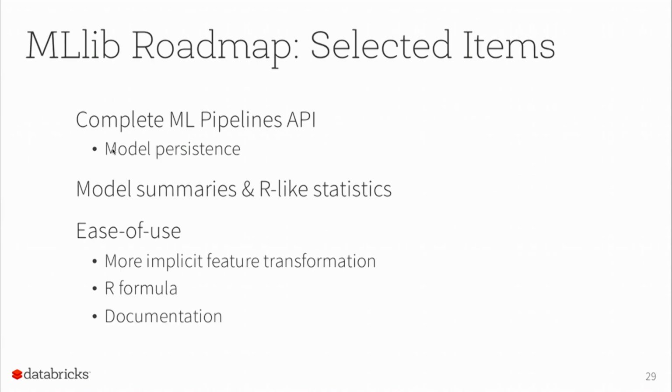And the final thing I'll mention is, in terms of the roadmap, what we're really trying to focus on is completing out these APIs, providing more summaries and statistics expected by people coming from, say, R or other toolkits, and also ease of use, doing more things implicitly when possible, providing nice APIs like R formula,